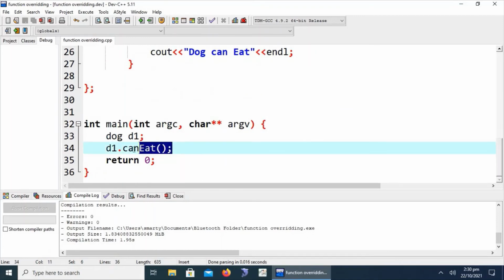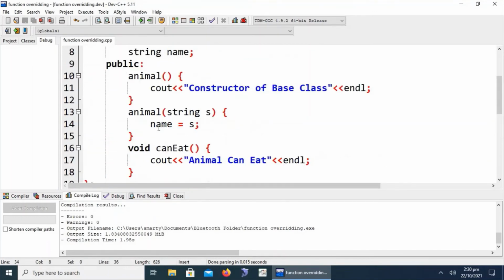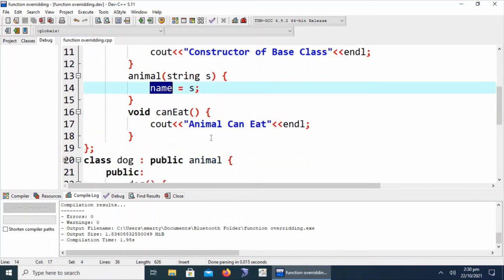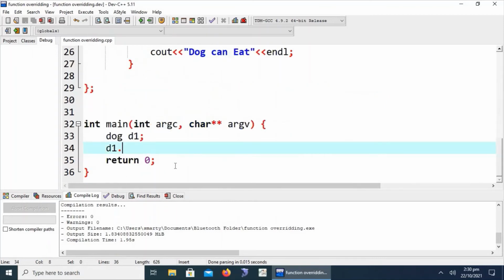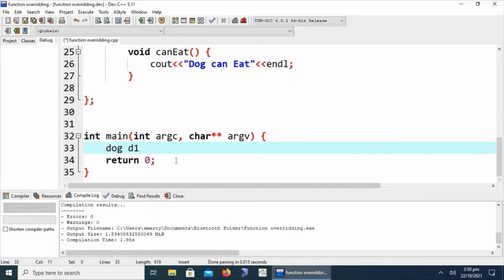Now if we want to set the name of our D1 object, because this constructor is getting the name s as a parameter of string type, if we want to set the name of D1 at the time of its declaration, we set it to puppy.